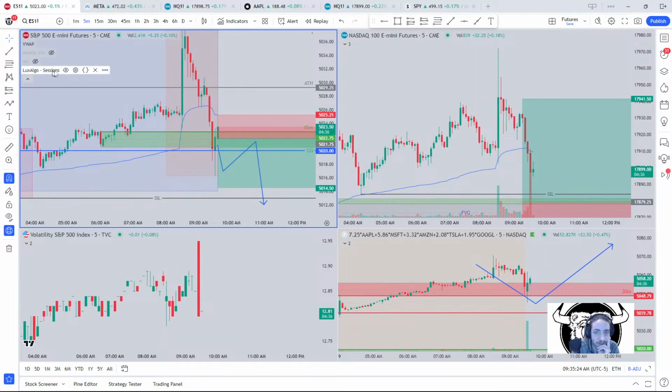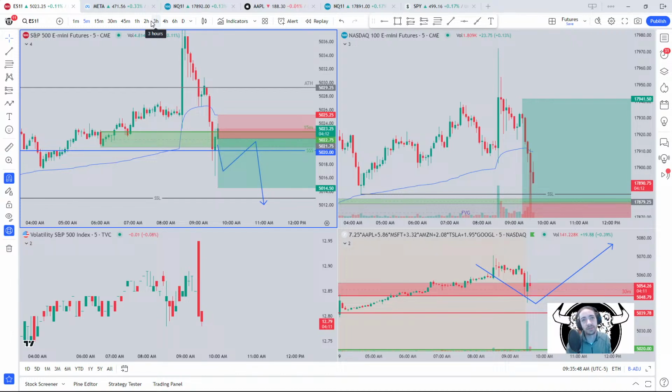I'm going to stay patient. I'm going to tell you guys, the worst thing that happens if you stay too patient in the market is you don't get in a trade. And you can't lose money if you don't get in a trade. You can't make money if you don't get in a trade. But if you're staying out of that trade, it's usually for a reason, right? You're not comfortable with it. You don't think it has high probability. So stay out of it. There's no reason to rush into it.